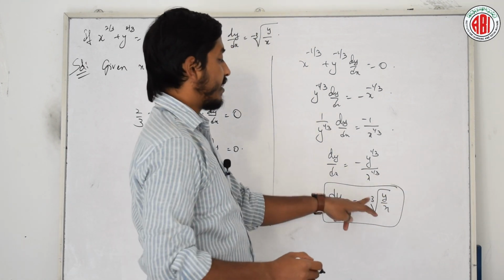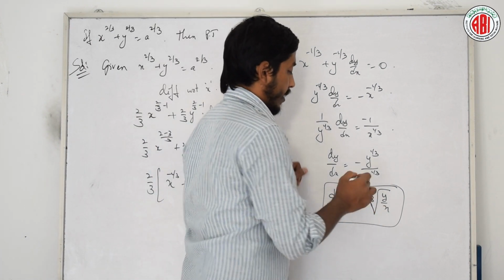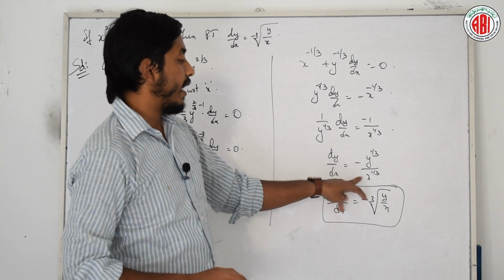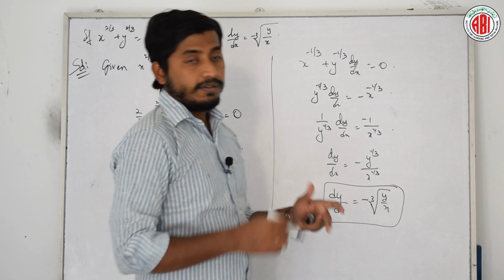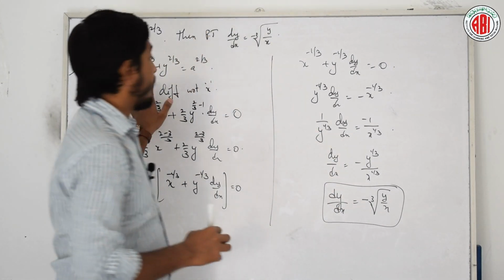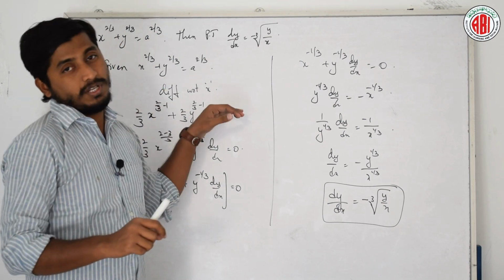Therefore, dy by dx is equal to minus cubic root of y by x. Right? 1 by 3 means it is the cubic root. This is under the square, I mean that root symbol. Is it clear? Cubic root of y by x. Is it clear? You do understand? This is also a very simple question, right? Fine. The first thing we have to remember is we have to directly differentiate it. There is nothing to substitute here.